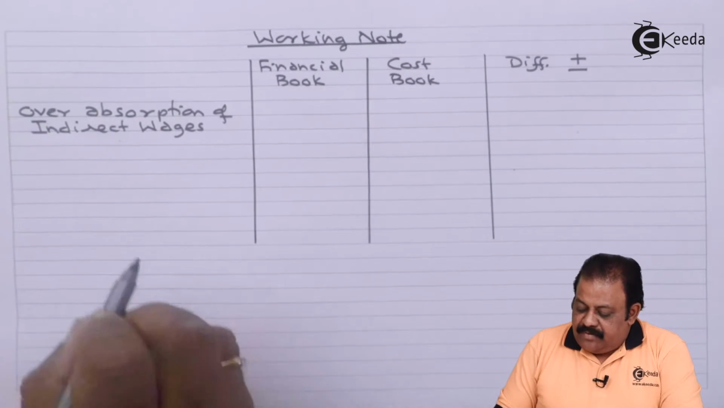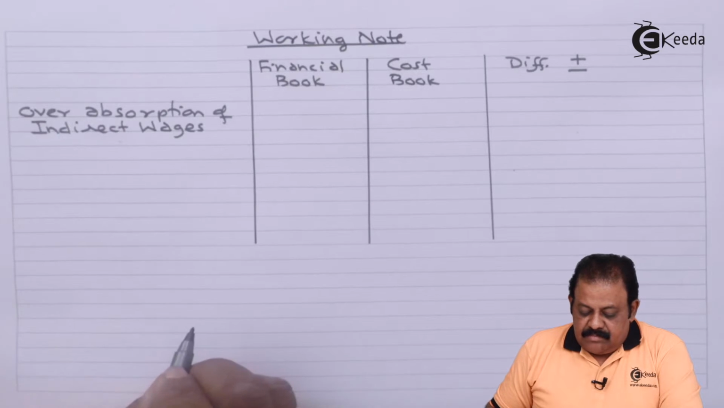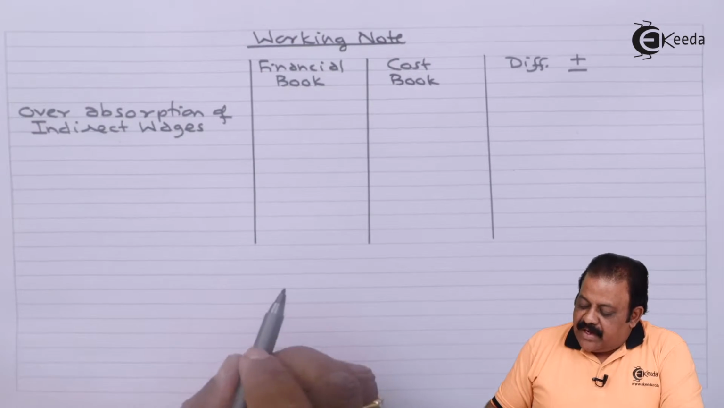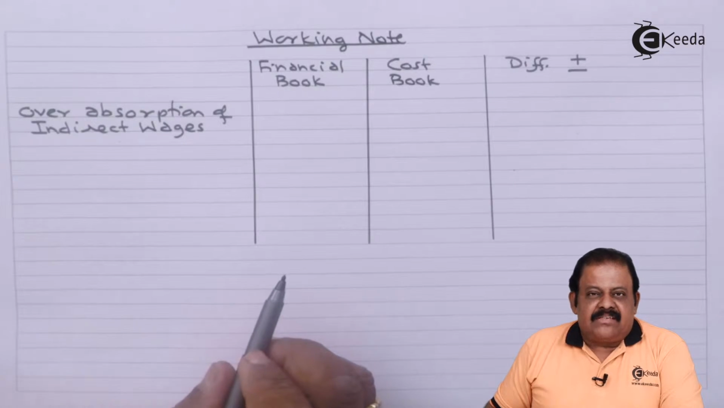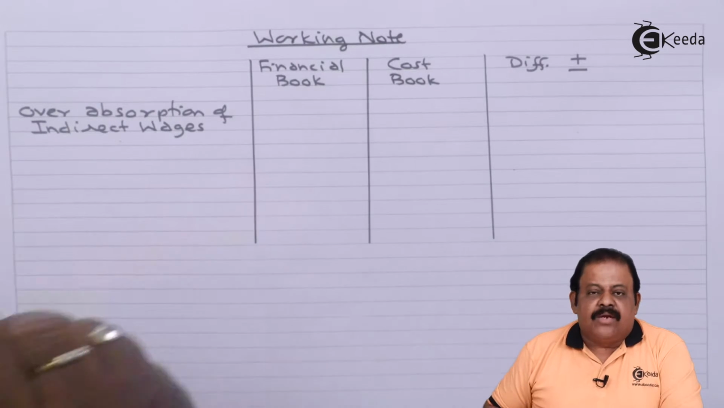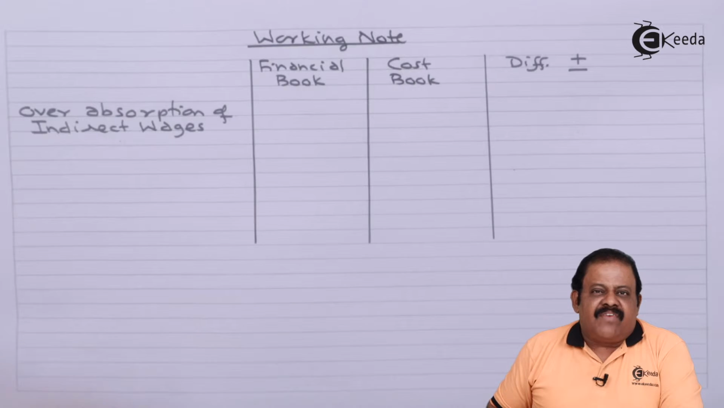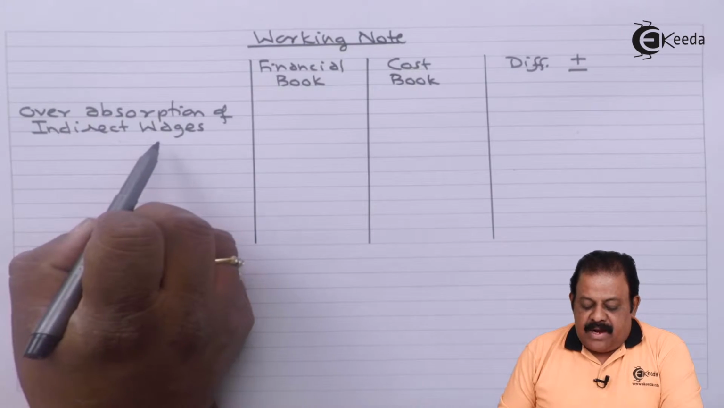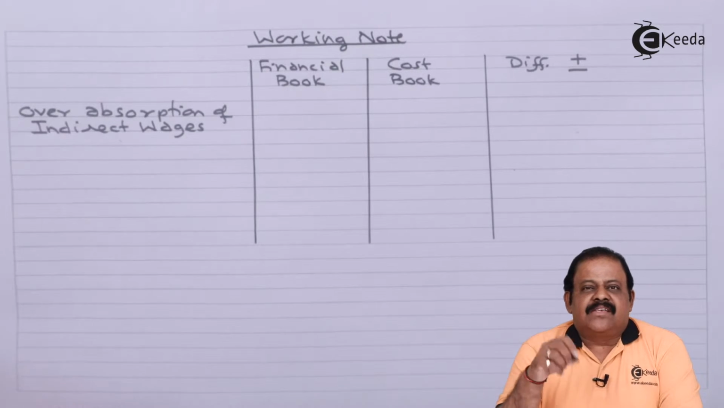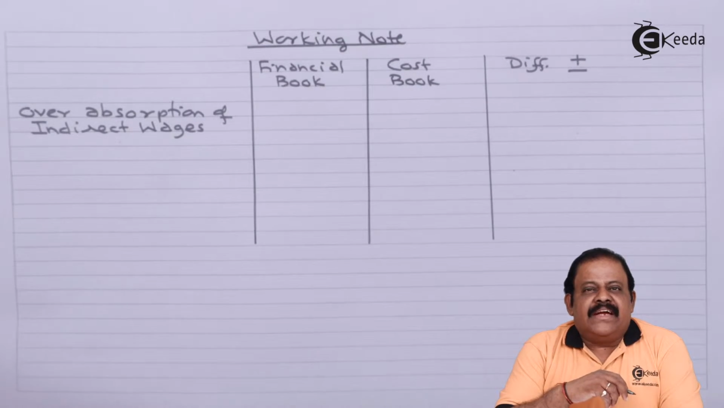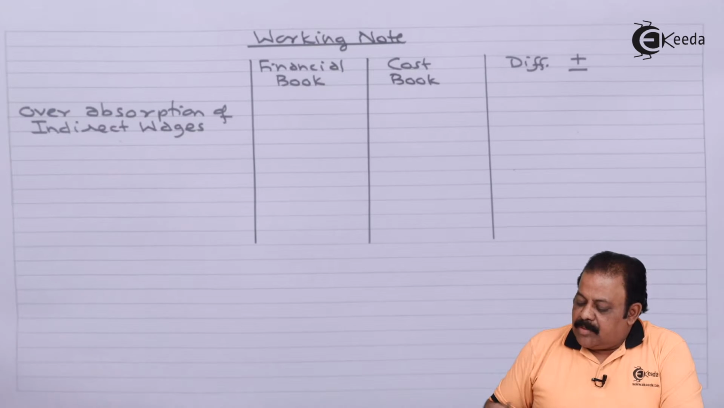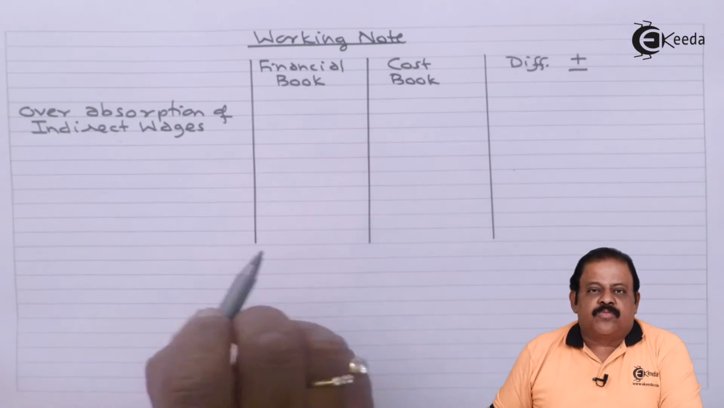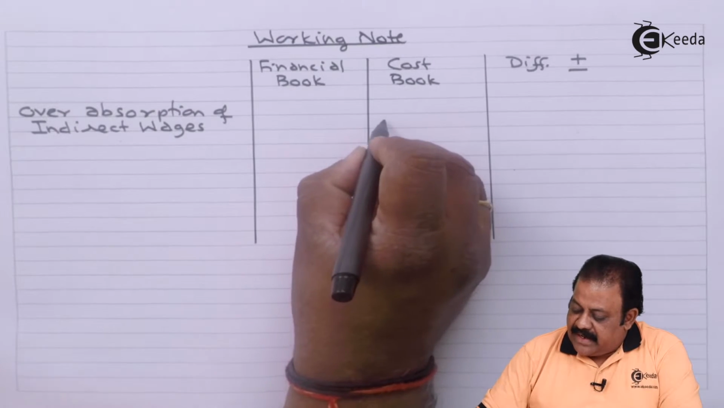Over absorption of indirect wages, amount is given rupees 12,000. So we don't know the figure of indirect wages actually paid in financial book as it is recorded in financial book, but statement says that over absorption of indirect wages by rupees 12,000. So we have to understand that in cost book it is taken more. So whatever will be the expense in financial book plus 12,000 is expense in cost book. So we can take here directly